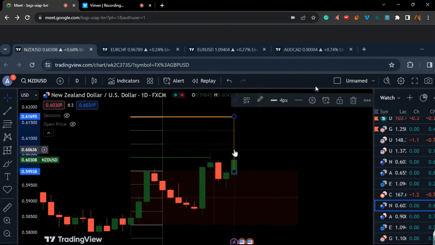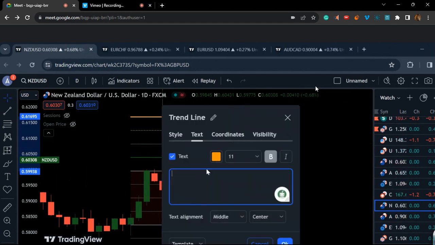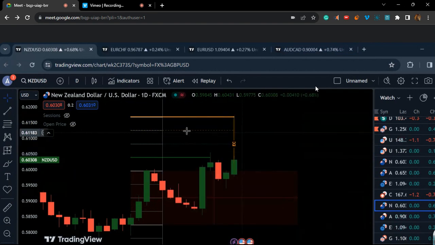Go to the text and put EC. Let's just click on the EC, and then you have to put it in the middle and the center. Yeah, EC. Okay, cool. So now listen, you got to drag that shadow down to where it's slightly above the orange line